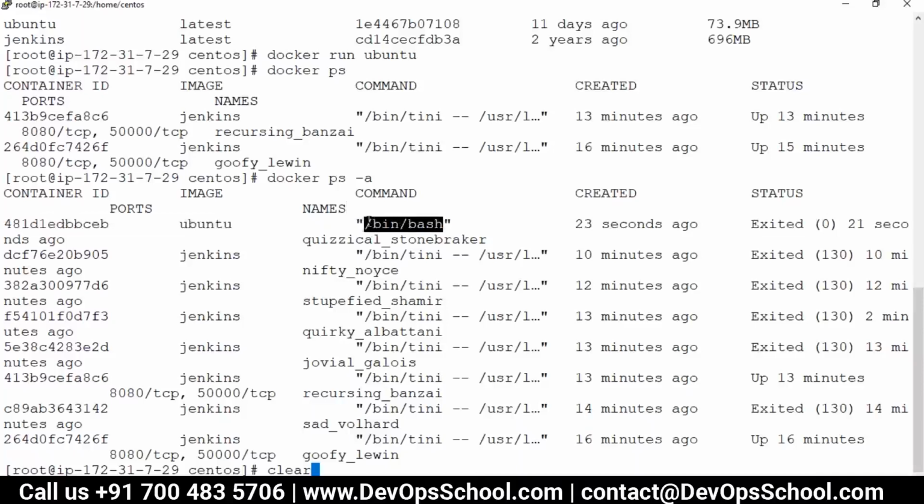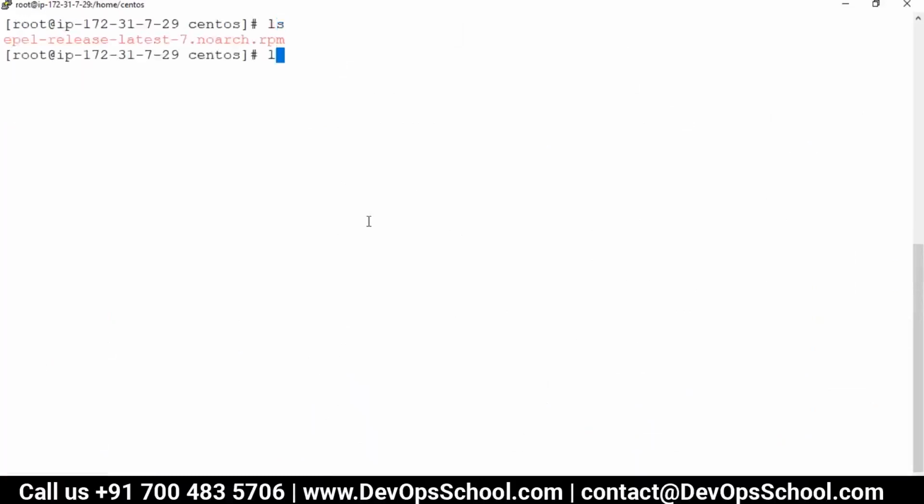It was not running as a daemon, in detached daemon mode, in the background, you can say. There is one application you run, like ls: you run ls, it gives you the results and comes out of it. But if you run ls with an ampersand, then it will run in the background, right? Same thing I'm talking about.